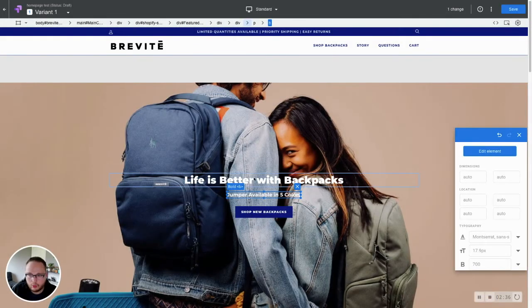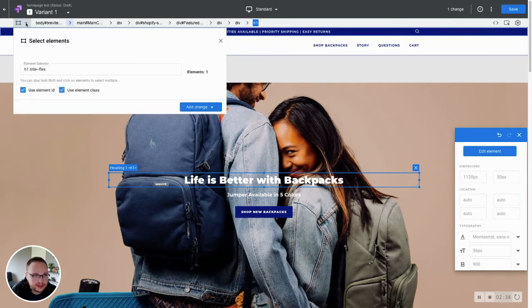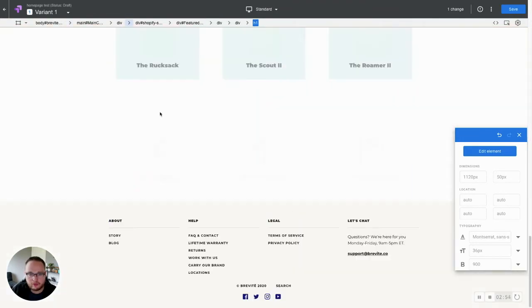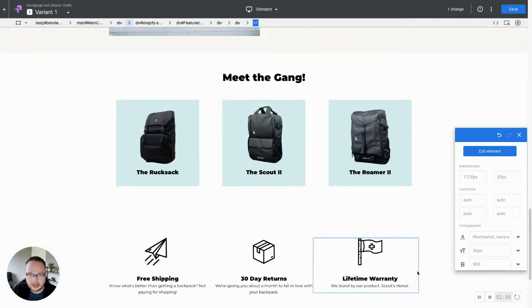When we select elements, we also have this selector here, and we get a title. We also can add changes that way. We can add HTML before or after this selected element. We could reorder this element, we can style it, but you can see where you can get going. Just to show one quick example of a change,